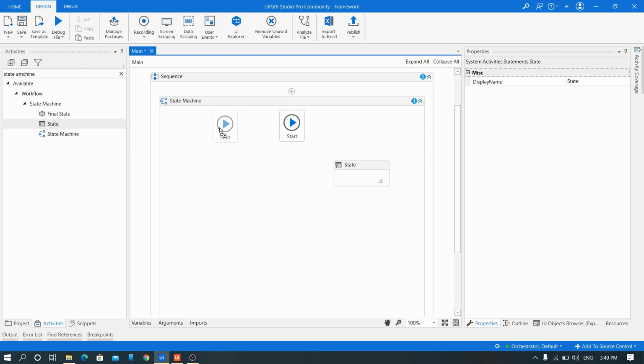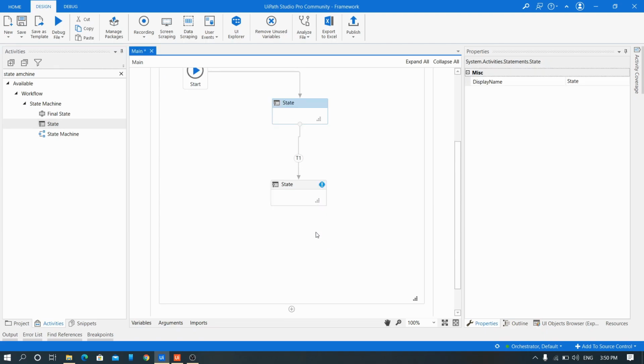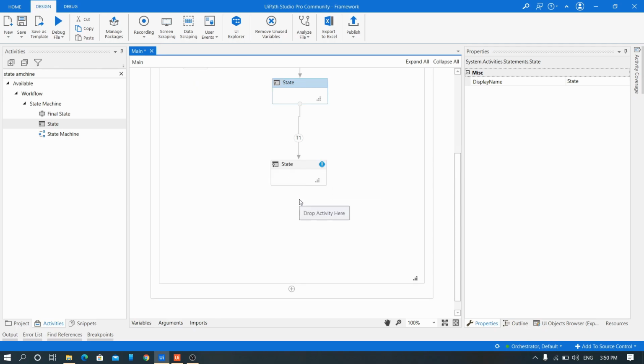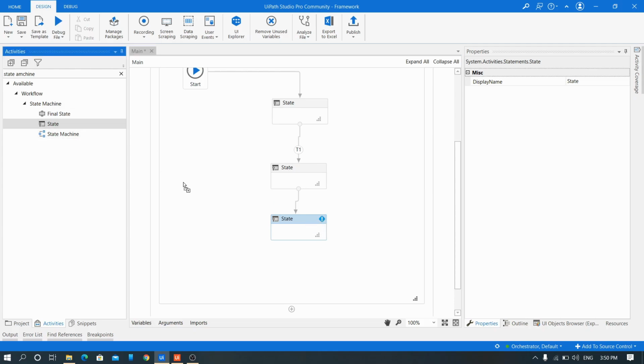First state is our init state. Once init state is done, we have get transaction state. Once that is done, we have process transaction state. Once that is done, we have our end state, that is the final state.